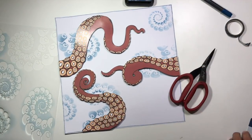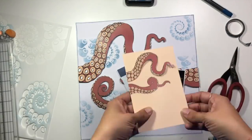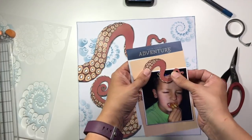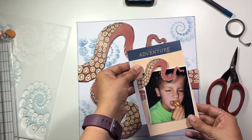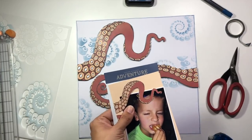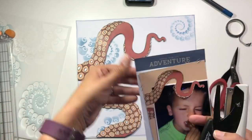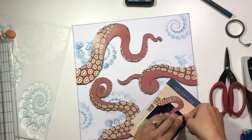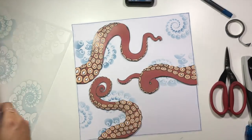So I have purposely left that bottom right hand corner blank because that is where I am going to put my photo. This is not quite a 4x4, it's a little smaller than 4x4, photo of my son eating calamari. So I went ahead and took the 4x6 card that came in the Wild Whimsy pack, and I used my pen blade to just fussy cut that top tentacle so that it could reach over the top of my page. And then I'm also going to put it on top of a piece of pattern paper